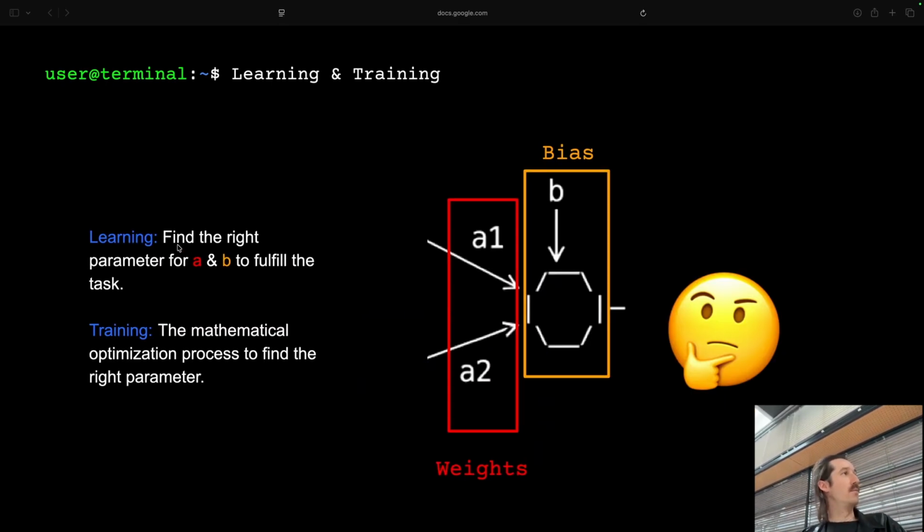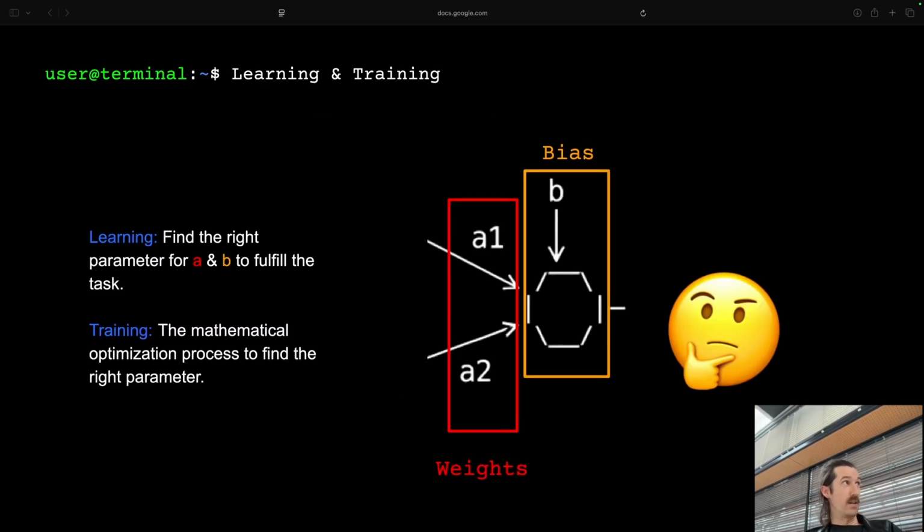So learning means we go back and do all the steps over and over again until we find the exact parameters to split the two categories. Training is a bit like a mathematical operation, the process to find the right parameters.